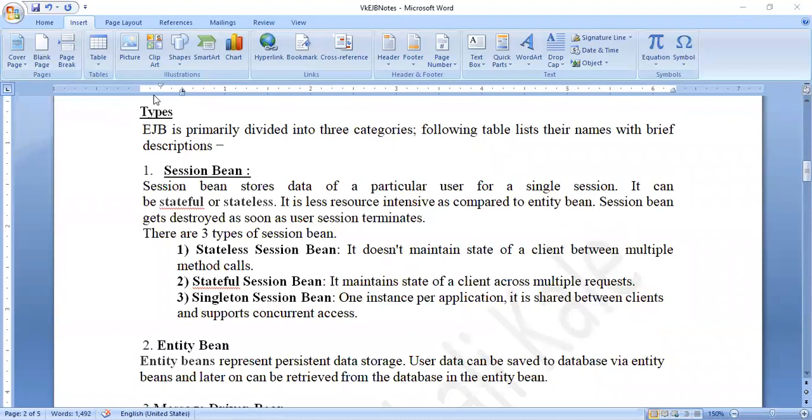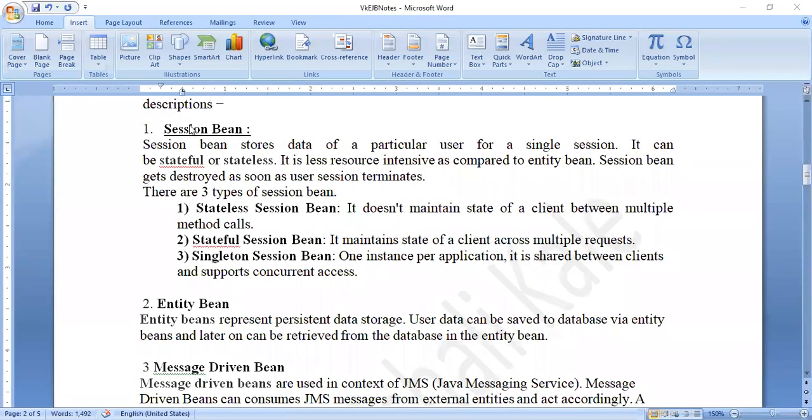What are the types? This is very important and it is part of your syllabus also. There are basically three types. Among those three, the first type is divided into three types. So what is that first type? It is called session based. All of you know what is meant by a session. Like for example, in our today's Zoom class, we finished one session and now I have started another session. So session means session bean.